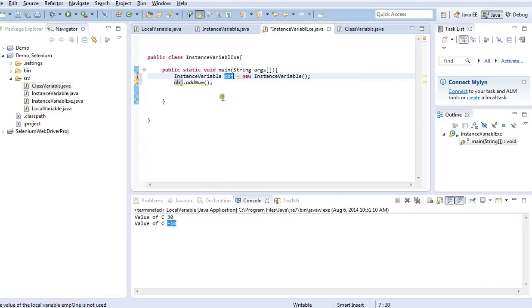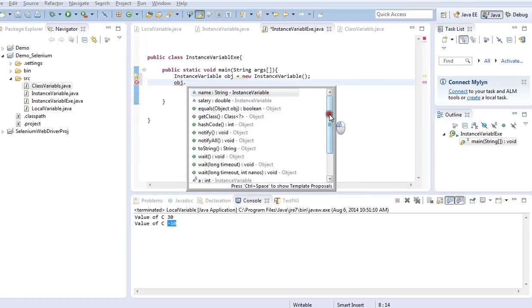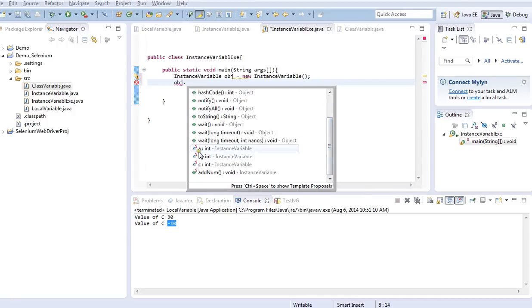When I say obj dot, I'll be able to see the different data type variables I have created in my class called instance variables, that is name, salary, also a, b, c and also the method. These are the different variables I have created outside the method but inside a class.